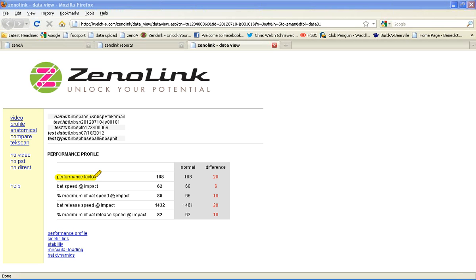hitter is in utilizing peak speed or peak power potential at impact. So we're going to look at the percent of maximum angular speed used at impact and the percent of maximum linear speed used at impact. The numbers are actually pretty good. We see 82% utilization of the angular component, which is pretty good, and 86% of the linear component, which is